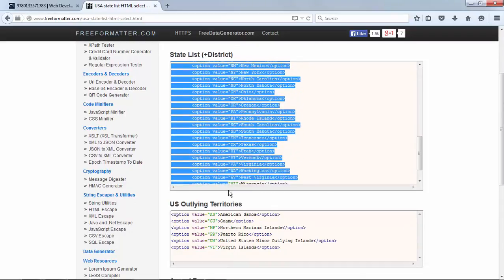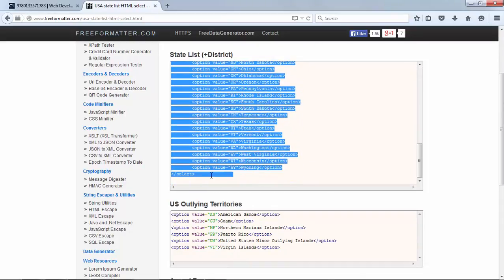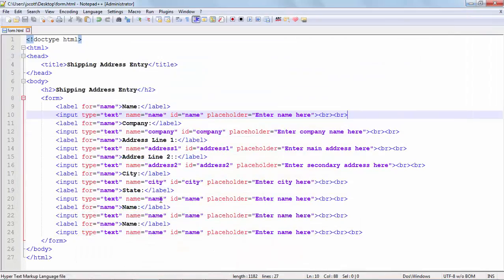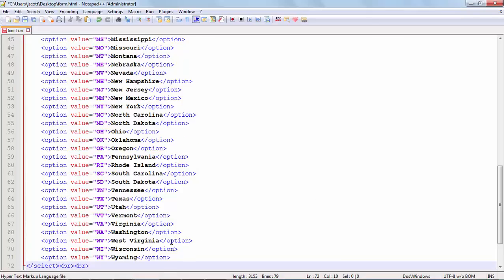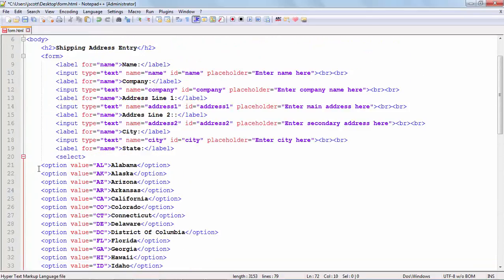That's right here. All right, because rather than me having to type this in and type in all 50 states, I'm letting somebody else who's already done it put it in there for me. So we've got state, and I want to remove this now where it says input and all this placeholder stuff. All that can leave. All right, and I'm going to replace that with this. Okay, so let me